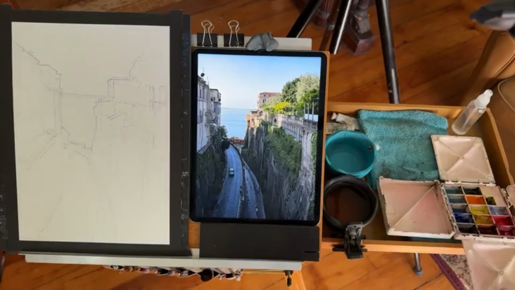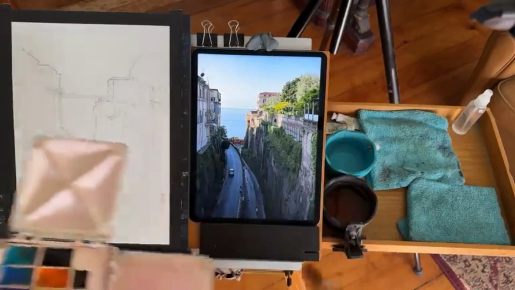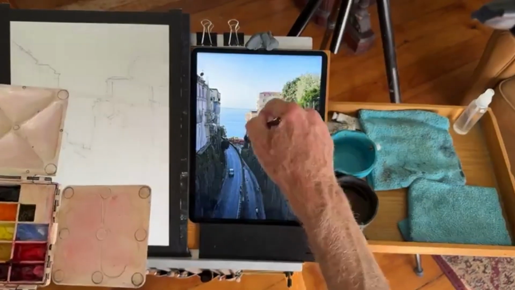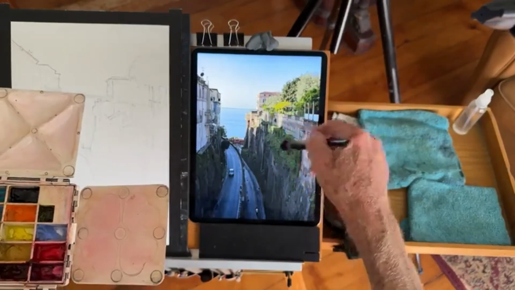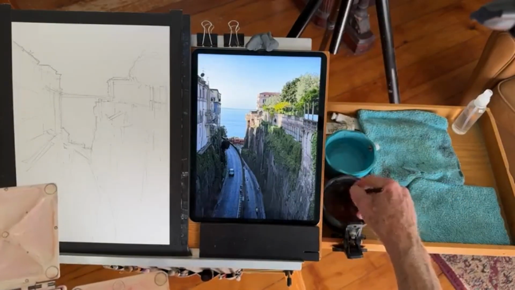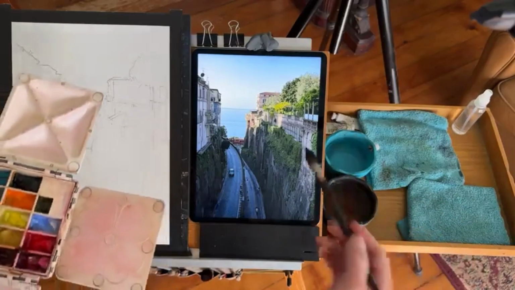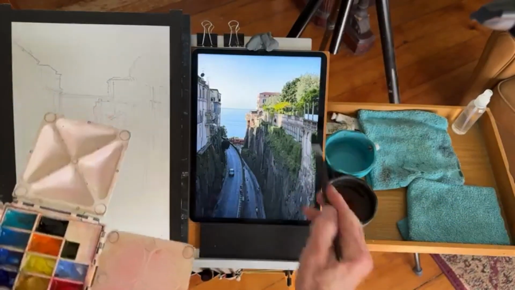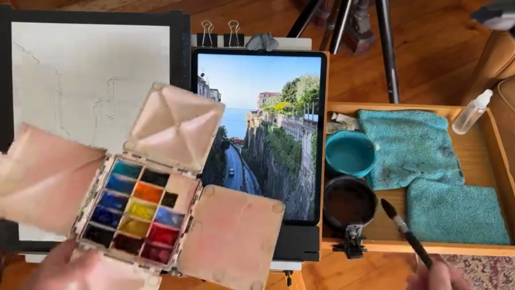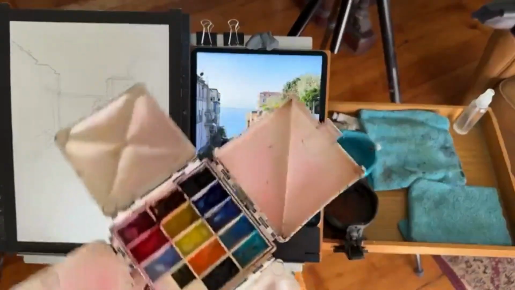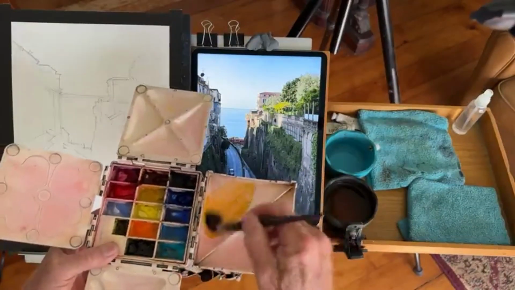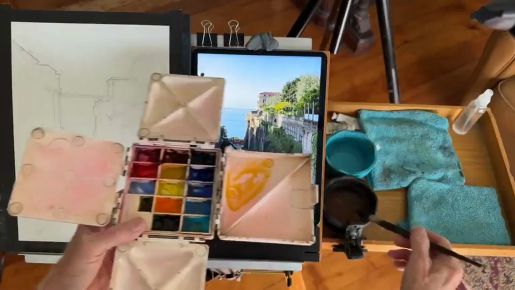So I'm going to start with a very pale yellow ochre wash all through here and get stronger in here and then get some yellow greens. And I'm not worried about these colors bleeding into these other areas because the other colors are darker and they will cover them up. So we need a big puddle of yellow ochre, runny paint,